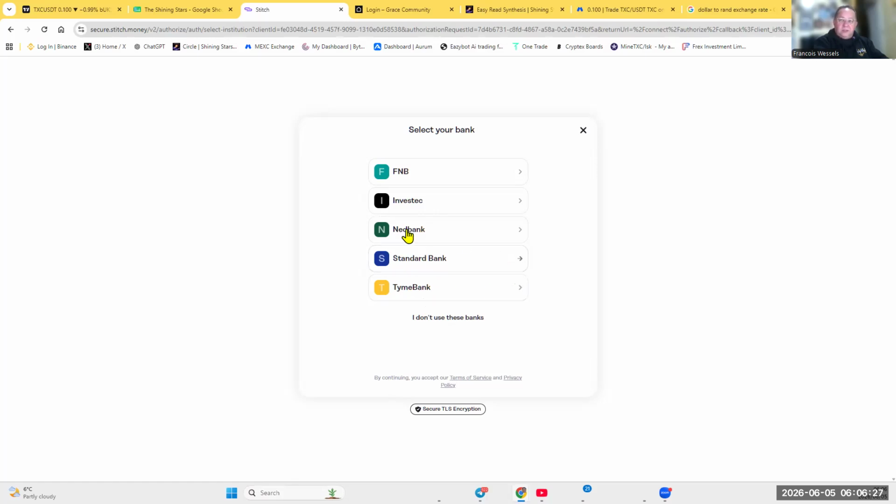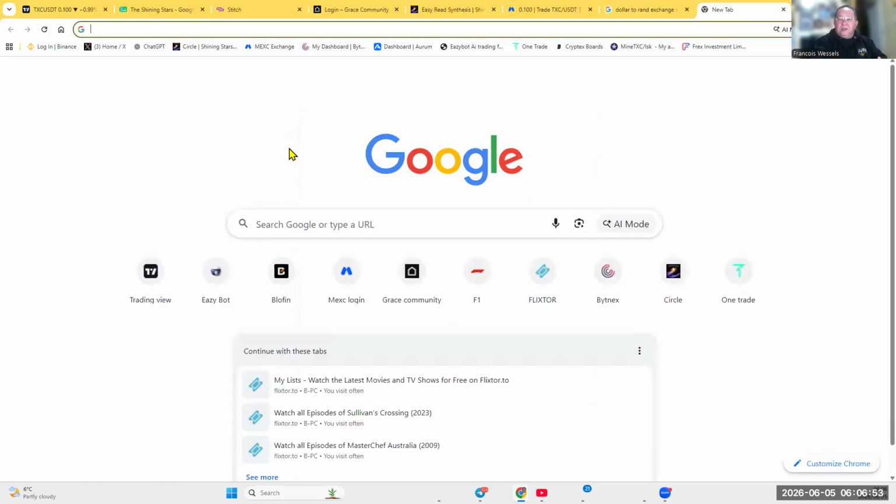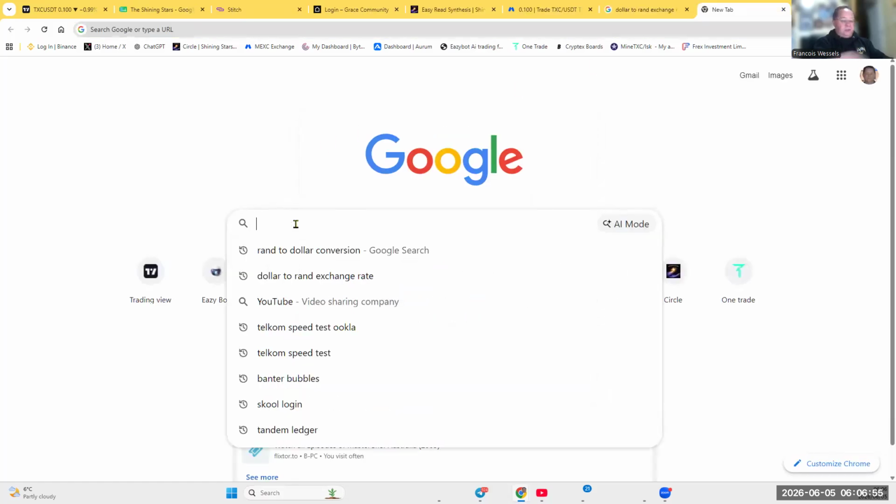Now, for all these other banks, the biggest fault people make is that just because you've got a banking app on your phone, it does not mean your internet banking is activated. The only way for me to test it is you go, for example, FNB, Investec, Nedbank, or Standard Bank, click on internet banking.